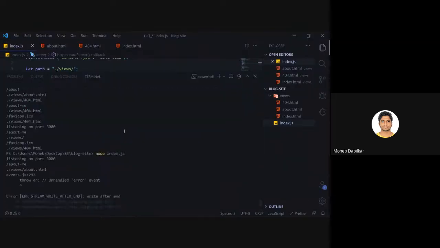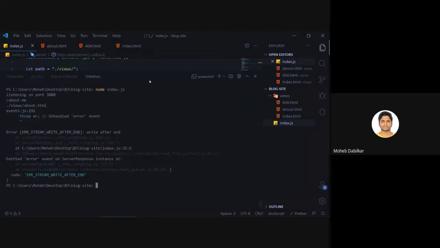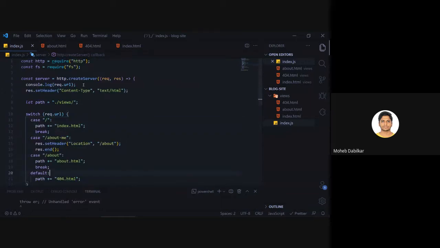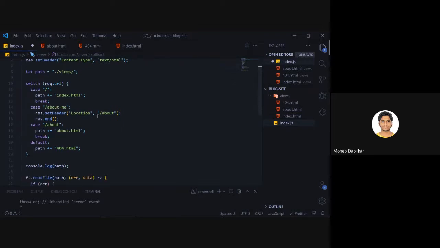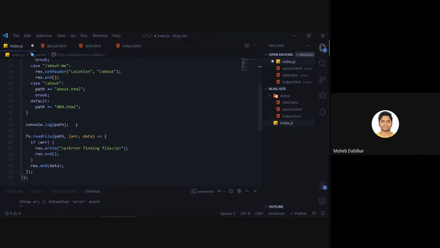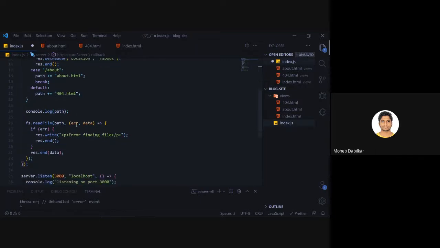It still gives us an error, so it says unhandled error event. So it says right after end. So we are passing in something that we should not be passing in. So we have stuff over here.